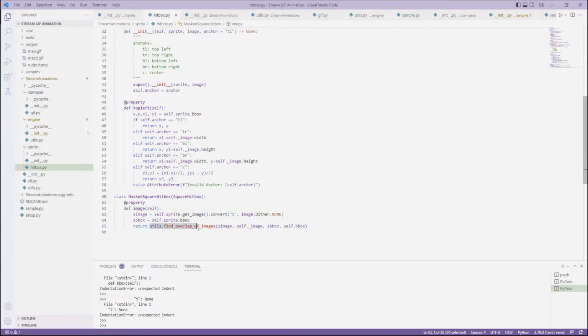So this finds overlapping images, right? It will be completely white. The image will be completely white if there are no overlapping images. That's the end result. It will only be black on the pixels that overlap. So what we can do then is